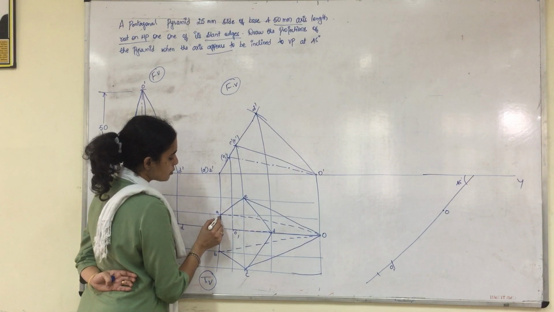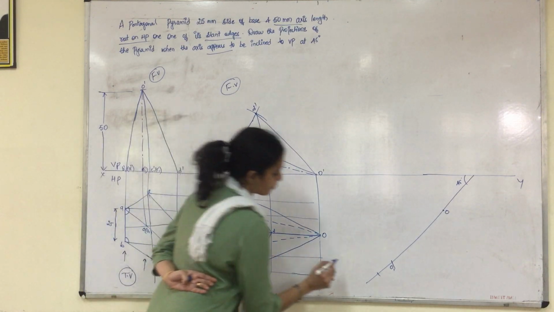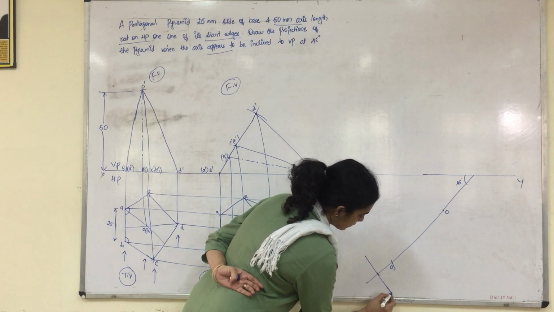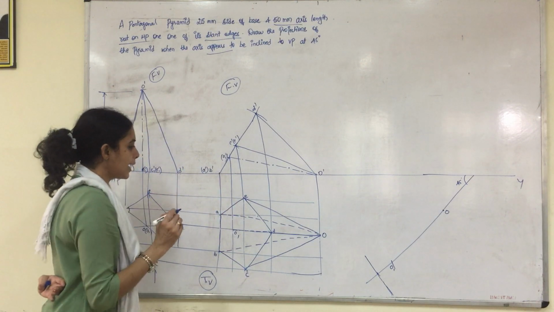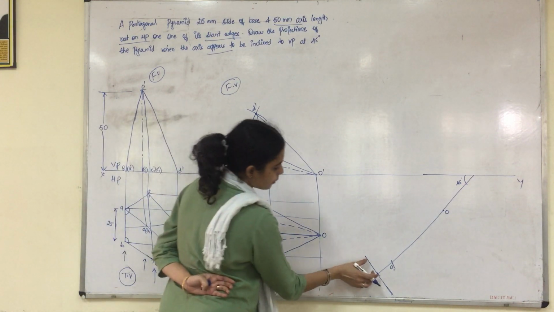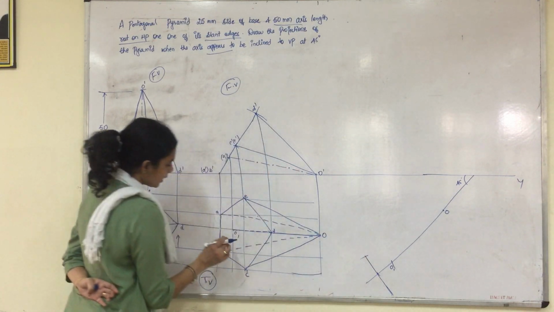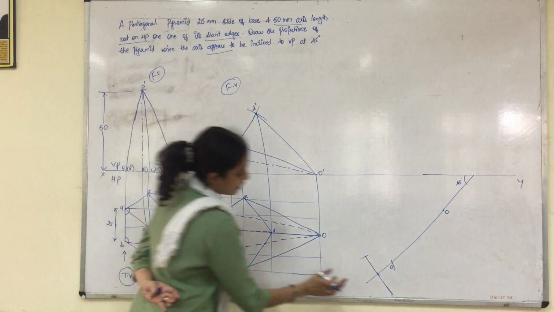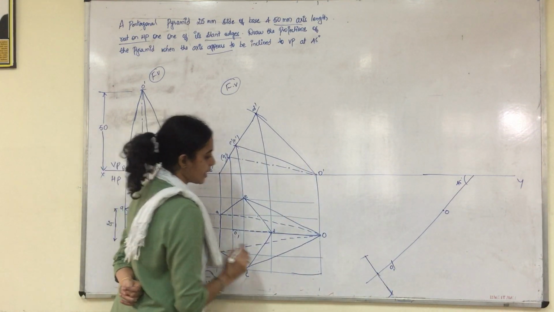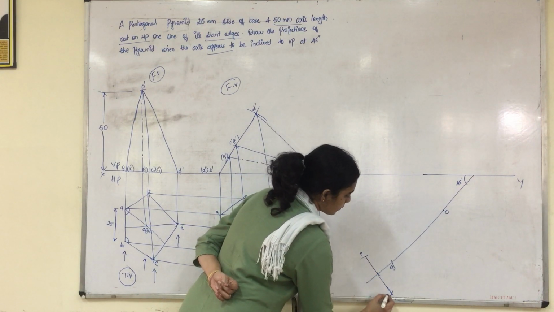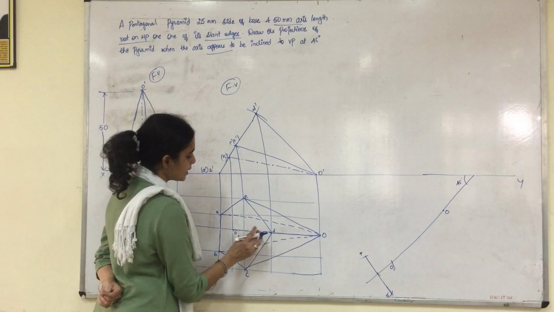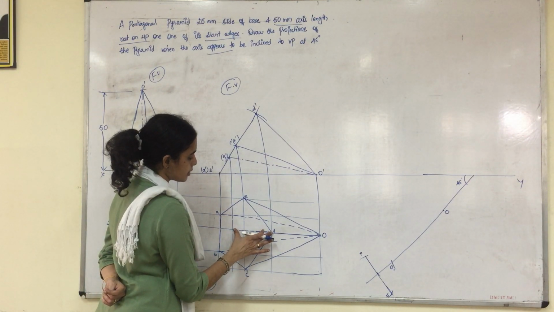From this midpoint you just draw a perpendicular line. Once you draw the perpendicular line, from the midpoint you can measure the distance from the midpoint to A. Come here and cut an arc. And again from the midpoint to B, measure the distance, come here and cut an arc. So you got two corners which are A and B. Name them immediately A and B. Right? So on the same line, from the center to D you can measure the distance.